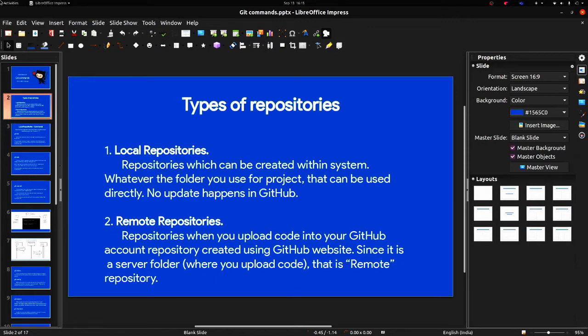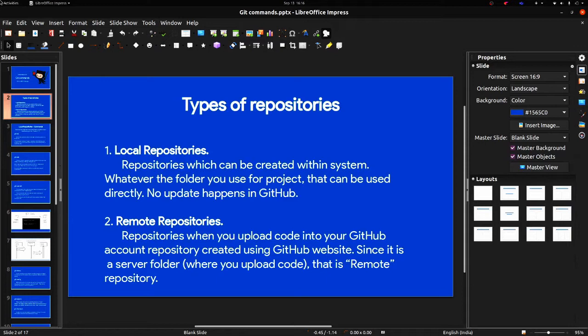And now we'll go to types of repositories. So basically there are two types of repositories. One is local, which means you don't need any internet connection to do this. All you have to do is have your Git terminal installed, like Git SF, which we have told in the previous classes. This local repository will simply be a folder. You initialize it, and after that whatever changes you make will be tracked automatically within that particular repository. Since it doesn't need any internet connection, it stores in your local computer only. So we call it local repository.